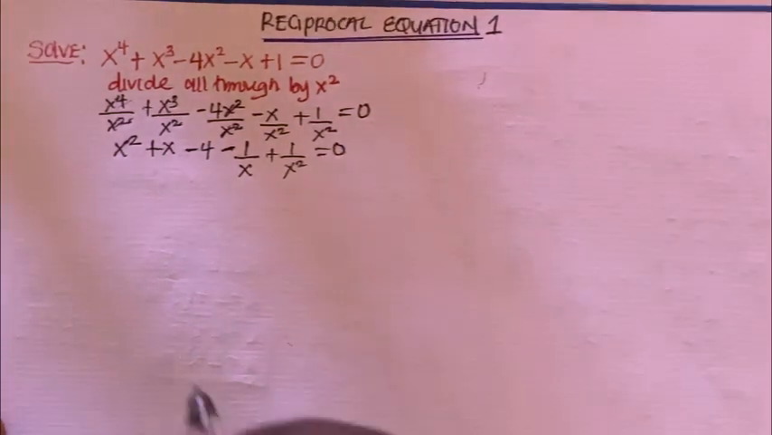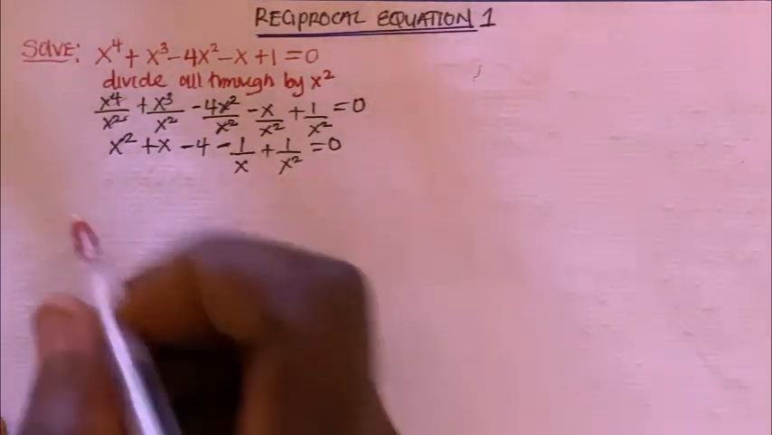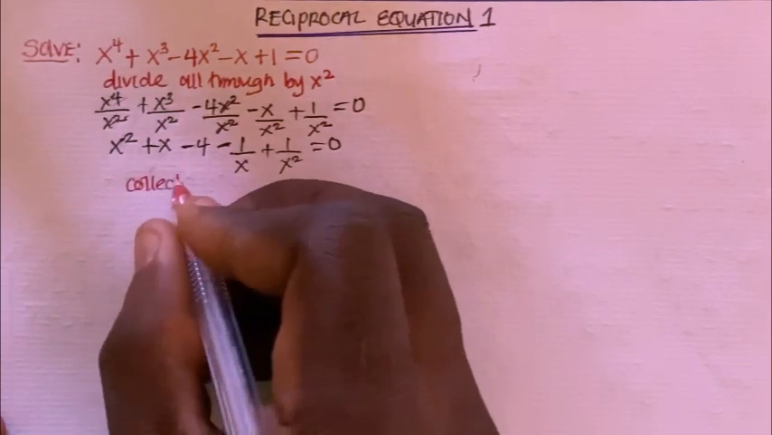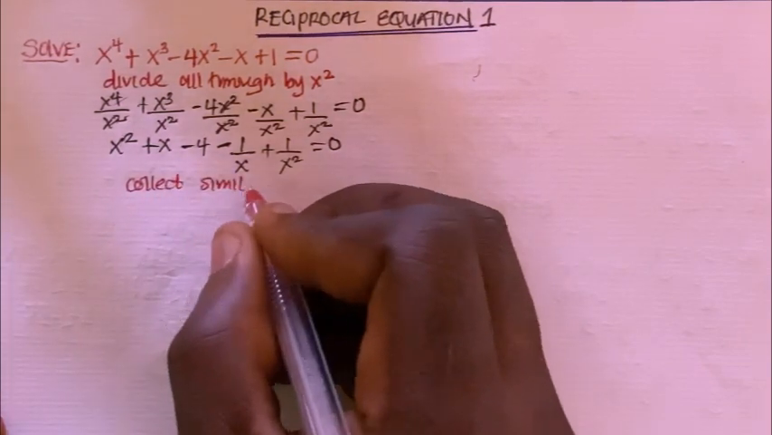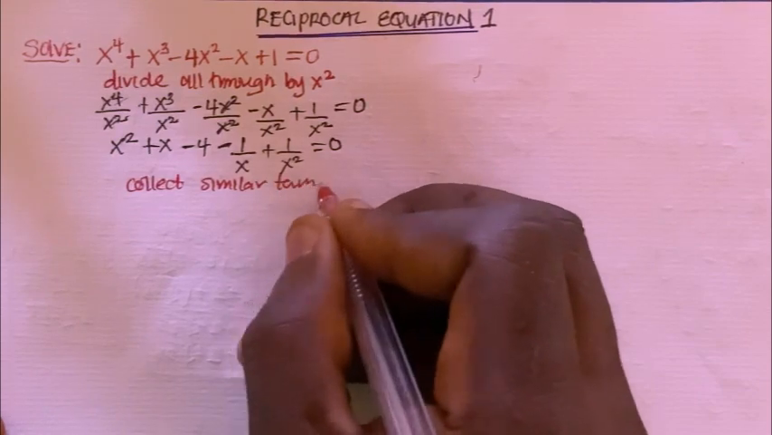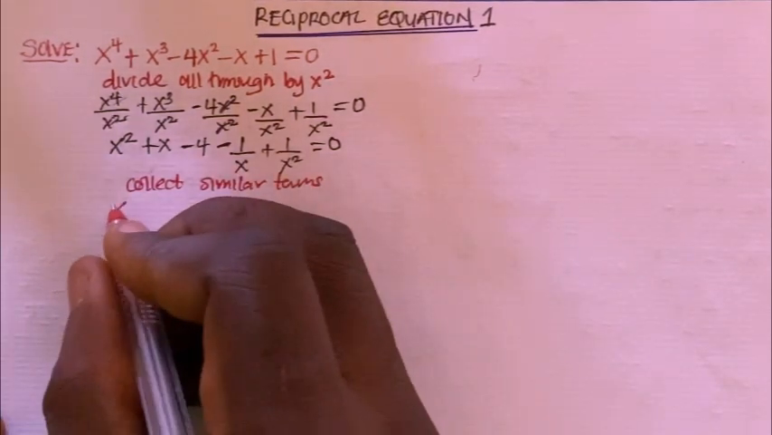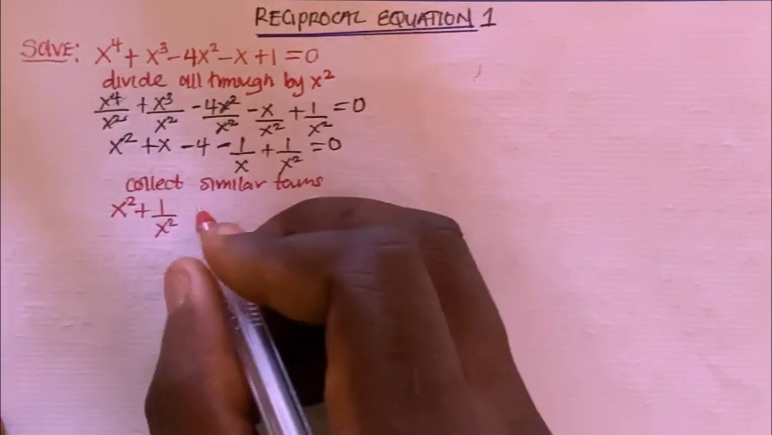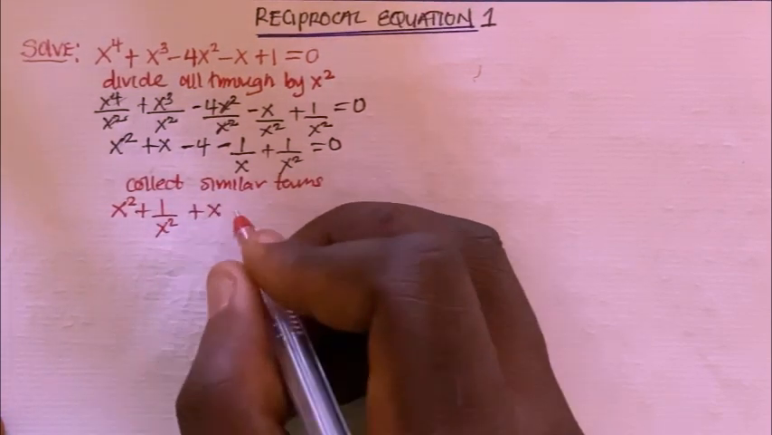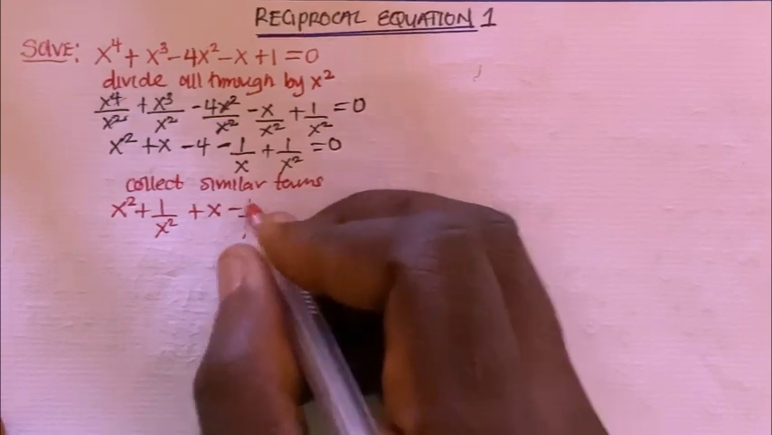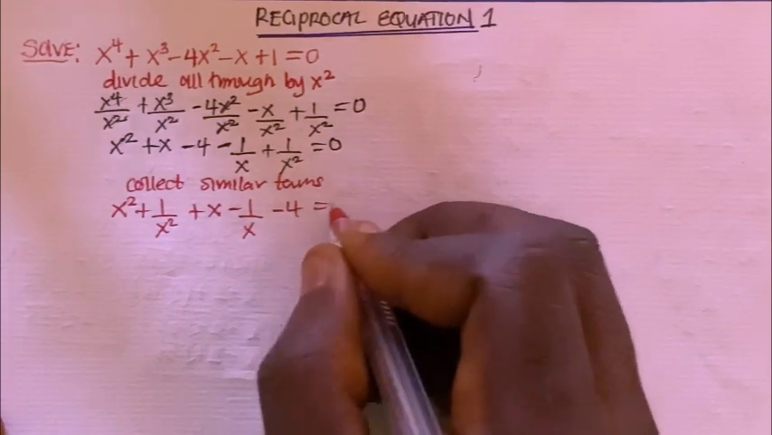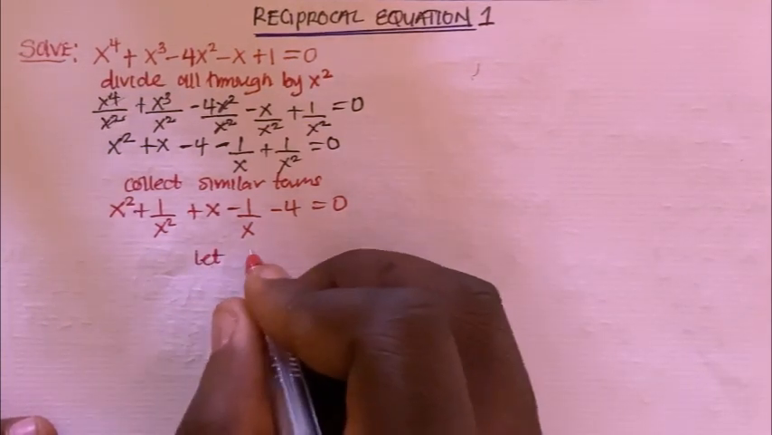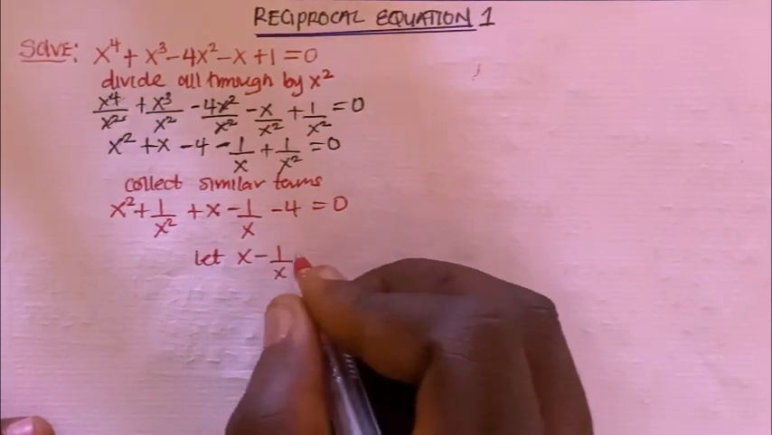Now the next thing is that after dividing all through by x, I can collect like terms. I'm going to collect similar terms, right? So collecting similar terms, I'm going to have x squared, then plus 1 over x squared, followed by plus x, then followed by minus 1 over x, then followed by minus 4 equals 0. Exactly. So I can now say let x minus 1 over x equals